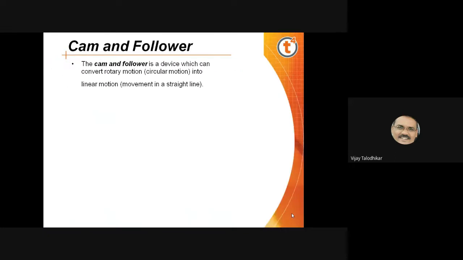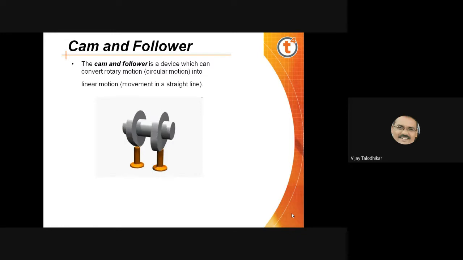Now let us start with the cam follower. We all are familiar with it, as we are in the fifth semester and the seventh semester, so you will be able to know what the cam and the follower are. The cam is basically a rotating element and the follower is a reciprocating element. The rotation of the cam has to be utilized to reciprocate the follower in upward and downward motion. So this is all about the animation of the cam follower.